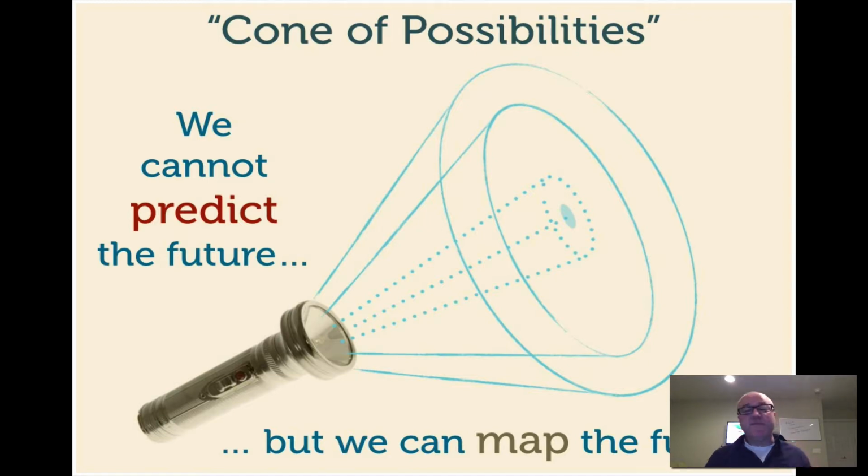We cannot predict the future, but we can map it. You all know that, and this is important for leadership to understand: we're not trying to predict the future. Nobody can say the future is going to turn out exactly like this, especially in a VUCA environment where things are more volatile, more complex, they're speeding up, and change is the only constant that we have. You can't predict. And as I'm going to mention again in just a minute, there's a big difference between foresight and forecasting. Don't confuse those two terms.